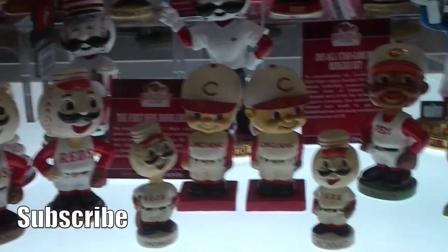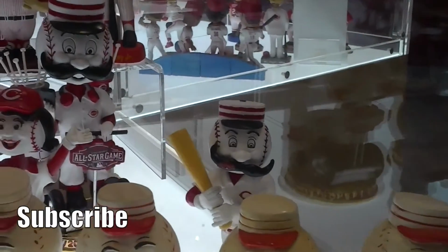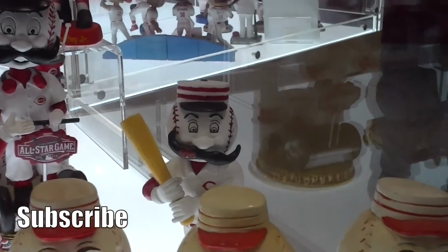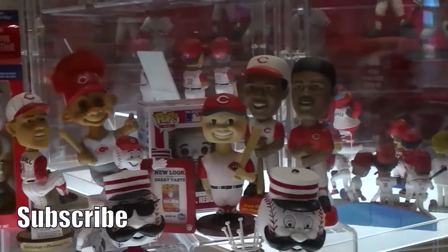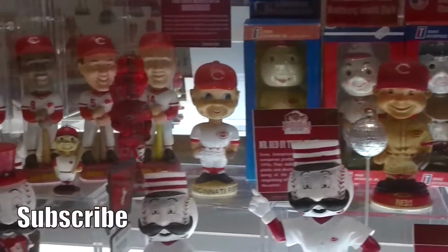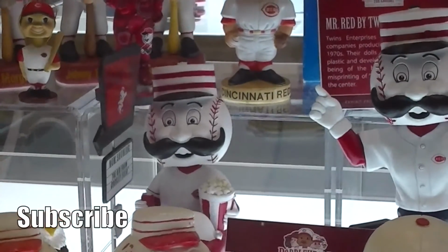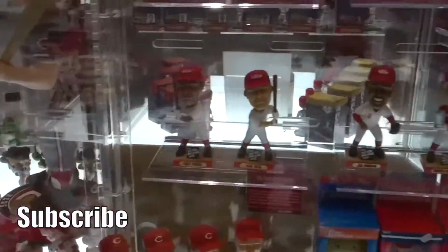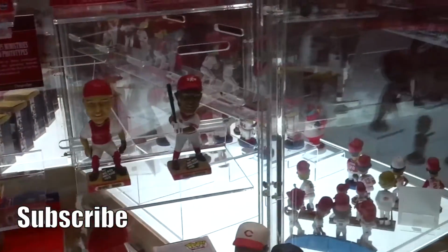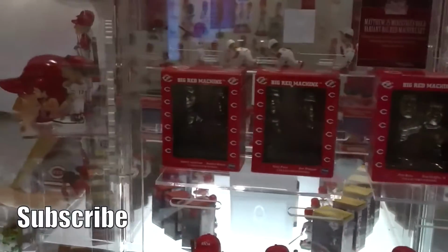In this cabinet, we got special edition Reds bobbleheads, a bunch of vintage Mr. Redlegs bobbles, the All-Star Black Bobble Stash and bobblehead right there. We got Rosie, some Sam Sands bobbleheads. Lots of cool stuff in here, and the shells vibrate, so the head bobbles like you see right there. We got some prototype bobbleheads that they never gave out. And then the ceramic gold Matthew 25 Ministry bobbleheads they gave out a couple of years ago, and they're the